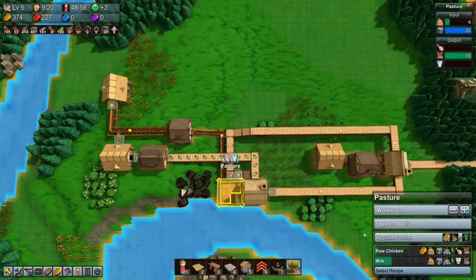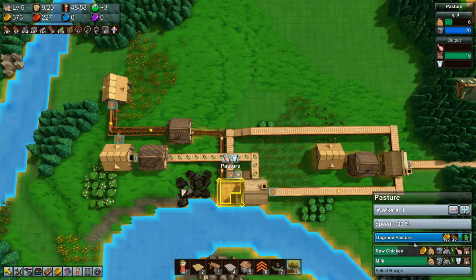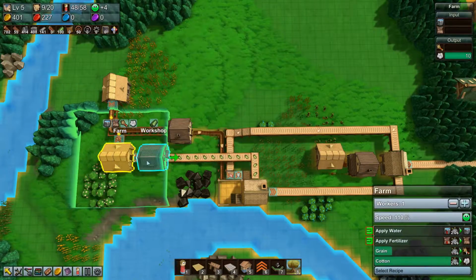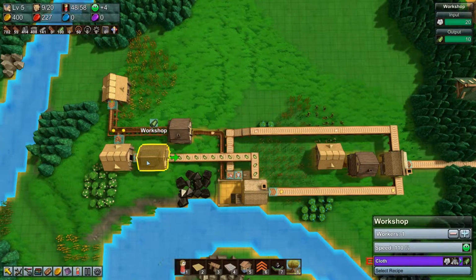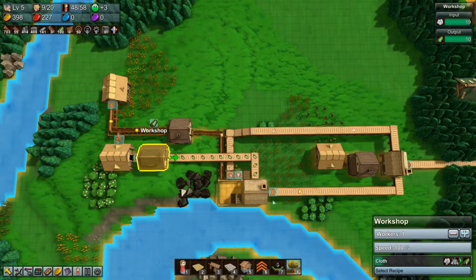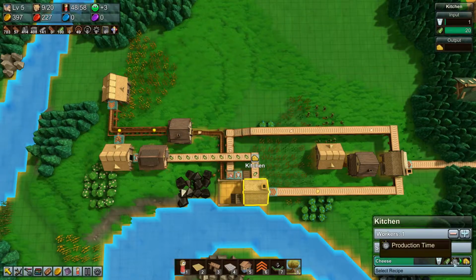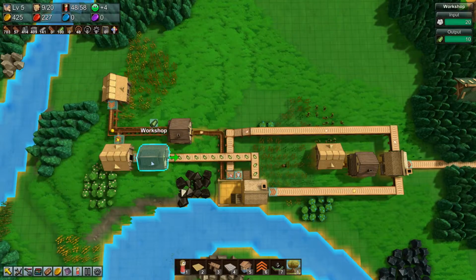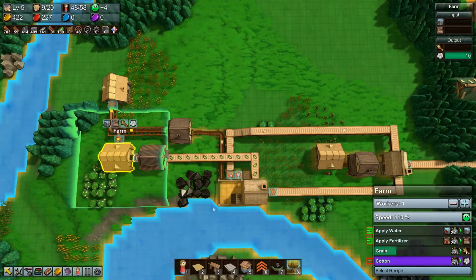So that's okay. And I'm not going to increase this yet, or upgrade it, or make it any faster, because pastures can get ridiculously fast very quickly, and not really what you need. So this only requires 1 cloth, which is meh. It's overkill for that. But okay,